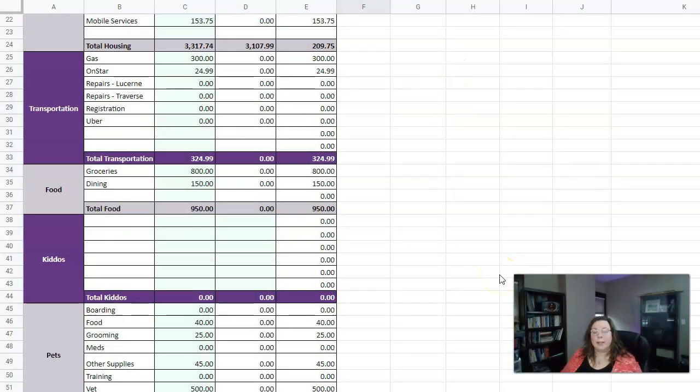The other thing I forgot to say on this is that what you're seeing here in this current column, I just copied over what we did in September, and then I make changes. I copy over the previous month and then make changes accordingly. So in transportation, we're going to plan on $300 for gas and $24 for OnStar, and we don't have any plans for anything else here. So that brings our total transportation to